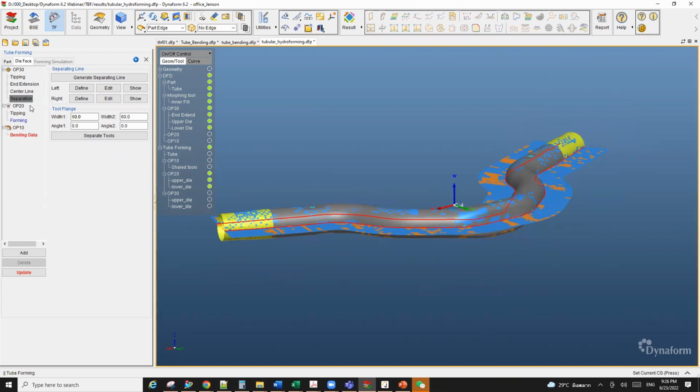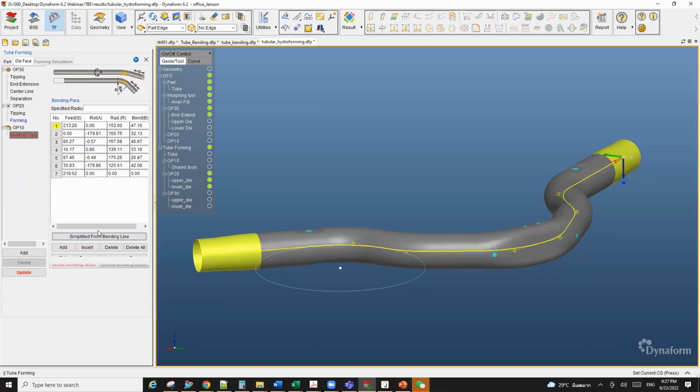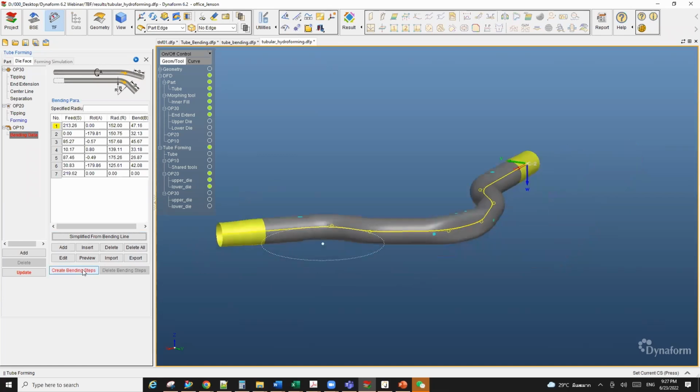Next, we are going to define the bending steps. In this case, we will use the simplify options, and then click create bending step. Hold on, I'm going to add specific radius. Okay, I'm going to use 125 and 150. So if I click on that again, because I will have a preform operation just to bend, or